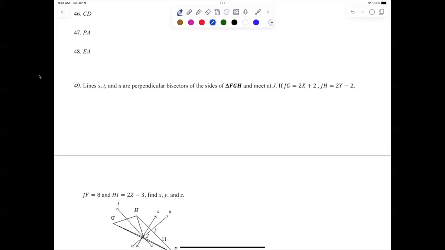So what would come to mind is what I'm asking you. Let's say you're taking the test tomorrow and this is a question, you forgot how to do it. You don't know what to do. They're equal. You just put they're equal. All right. What else are you going to do with those two? You can't set them equal, add them up and set them equal to something. Right? The relationship of the perpendicular bisectors, it forms the circumcenter. The circumcenter is equidistant from the vertices. So in this case, if